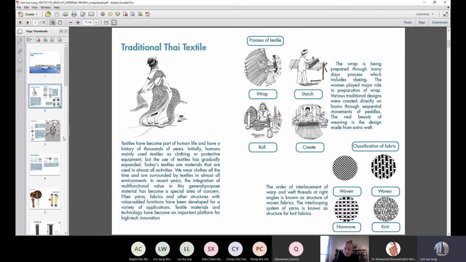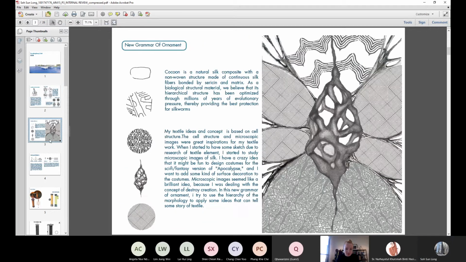Following this, I am looking at the cocoon structure of the silkworm, formed with its fiber of the silk divided to create the silk fabric. I found that this structure is unique as it is formed by spinning and matrix, as a biological structure material.